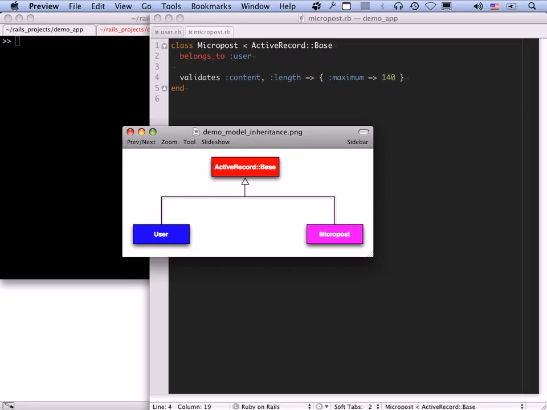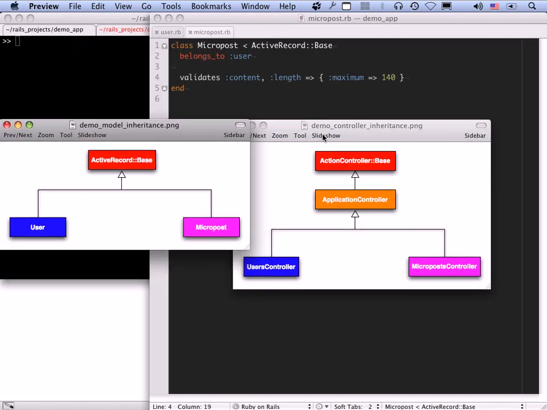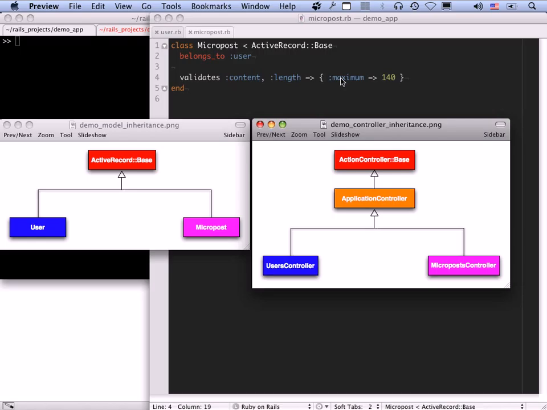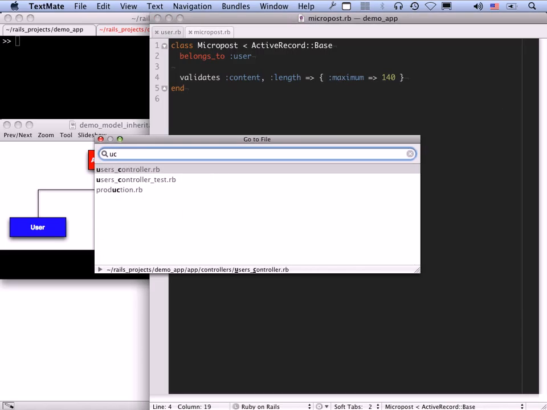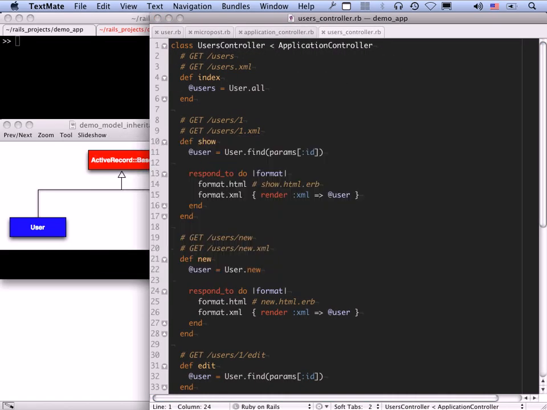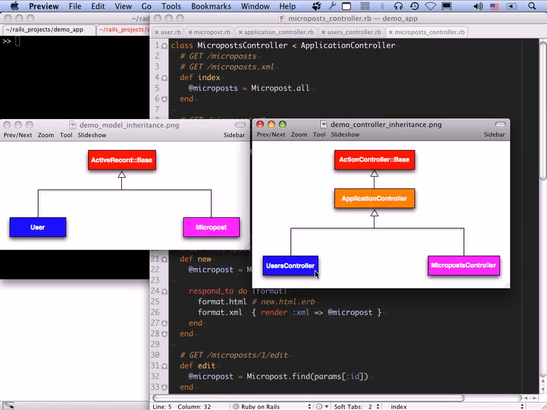Let's take a look at the other inheritance that we saw in this lesson. Let's look at the controller inheritance. Compare these two. We can see that there's an extra layer. Let's compare this with the file. I'm going to open up the users controller. Actually, let's open up the application controller. I'm going to need that in a second. Users controller and the microposts controller. So we see here that the users controller and the microposts controller both inherit from ApplicationController, which in turn